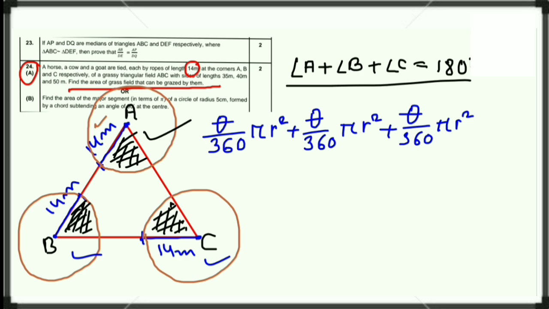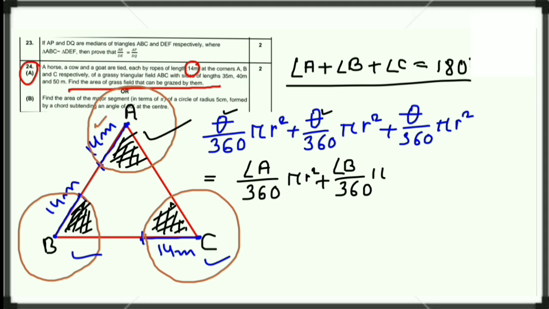So here in place of theta we can write angle A as it is by 360 pi r square plus, and here also in place of theta we can write angle B by 360 pi r square plus, and here also in place of theta we can write angle C by